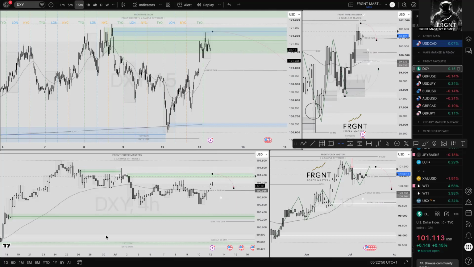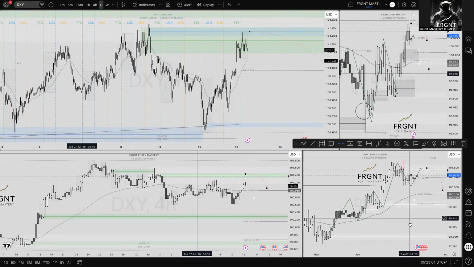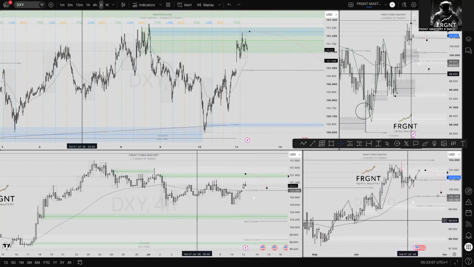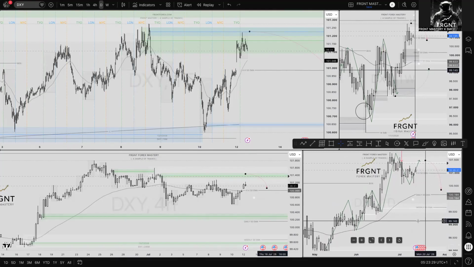So the DXY higher time frame. No confluence based on the weekly time frame in terms of looking for short positions, but it's the daily that's really the giveaway. And if you guys were able to have a look at or have a watch of most recent breakdowns, particularly yesterday's, we were looking at the daily time frame. So although we are higher time frame, of course, weekly time frame, potentially bullish towards the upside. Of course, what goes up must come down. And in addition to that, higher highs followed by higher lows, followed by higher high continuation.